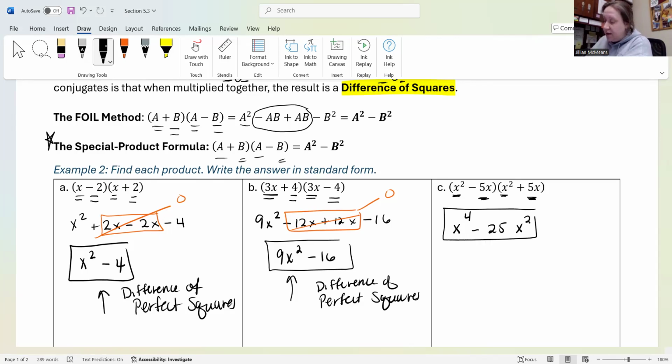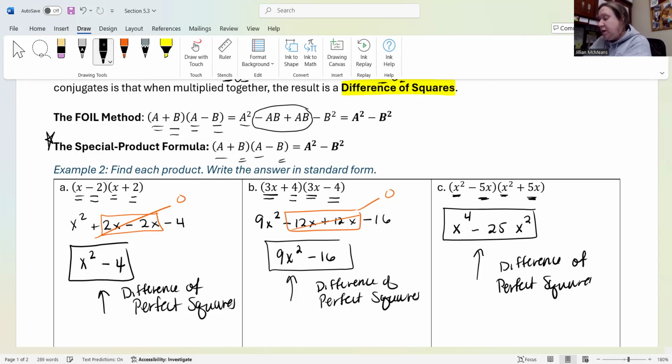So, yet again, we have the difference of perfect squares. So this right here is definitely a difference. We're subtracting. That's supposed to be an F. Pretend. I can't. That looks so ugly. Difference of perfect